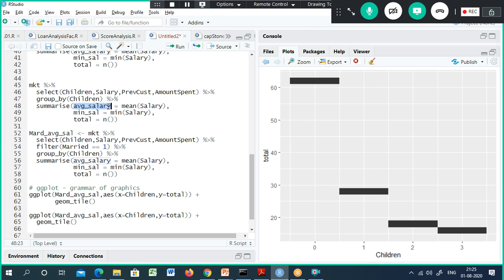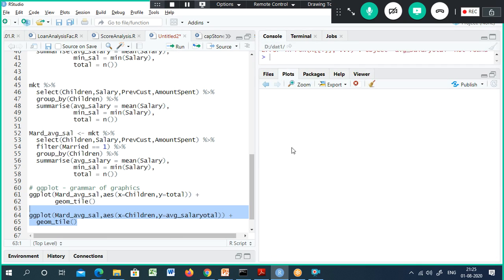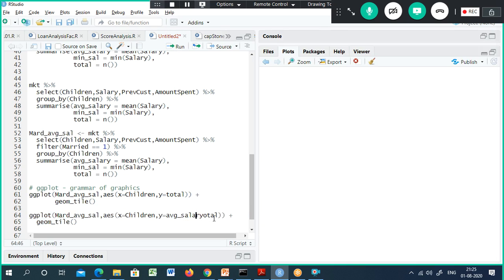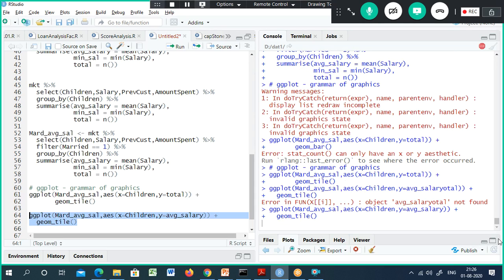AVG salary, right? I just select it and paste it here. So with this we are going to conclude that the number of customers doesn't matter when it comes to salary. You're not supposed to go by the head count.